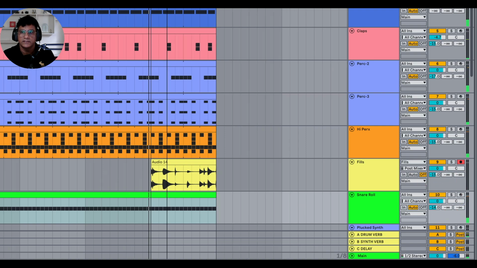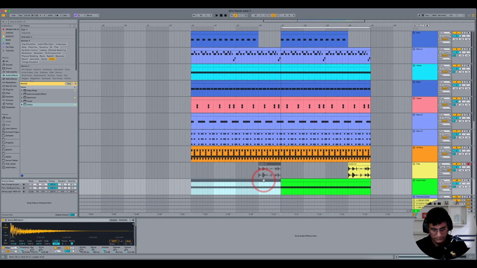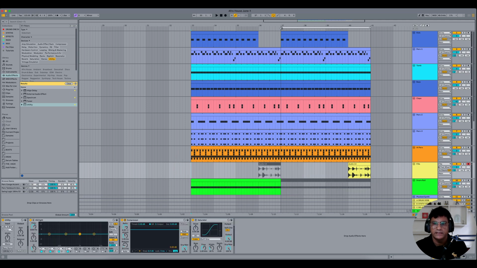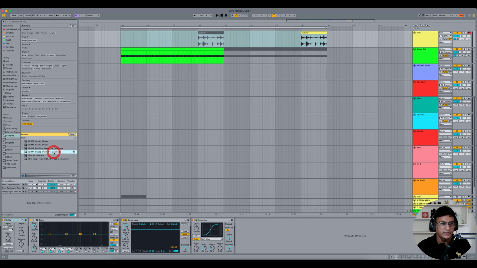Perfect. Let's hear this together. Let's switch on the snare roll here and let's keep the fills this side. All right, let's play this now with the reverbs. Very nice. Now I'm going to add the finishing touch to this entire rhythm programming, and I'm going to take